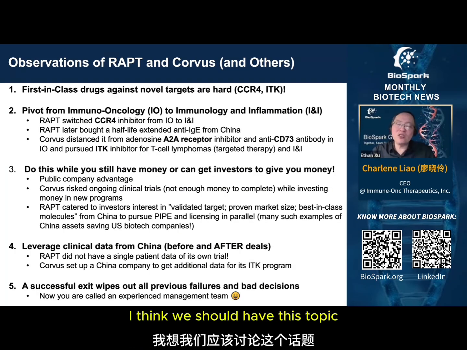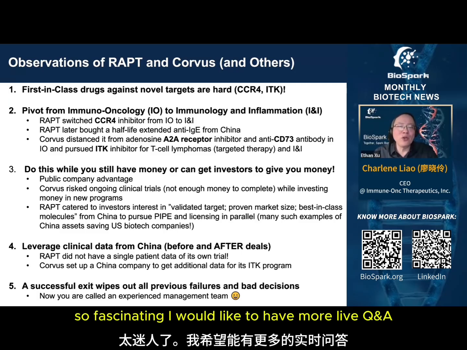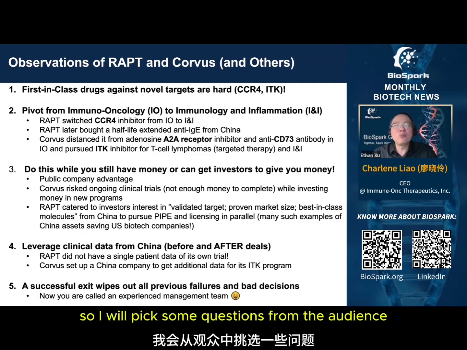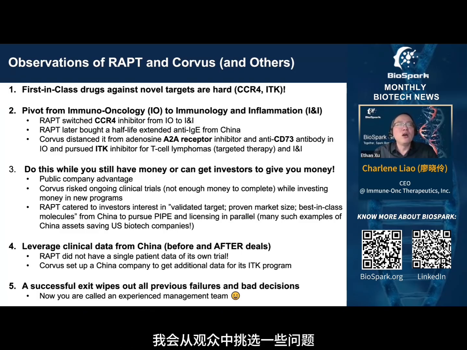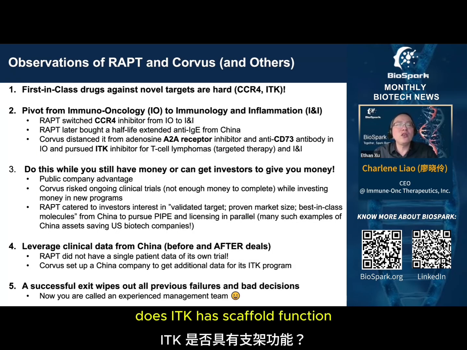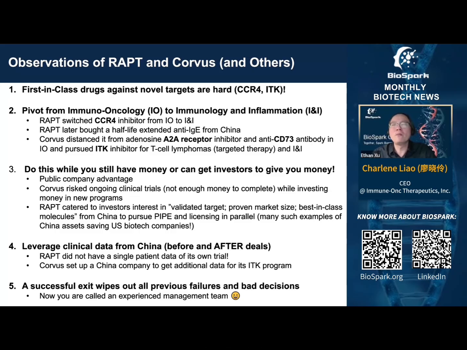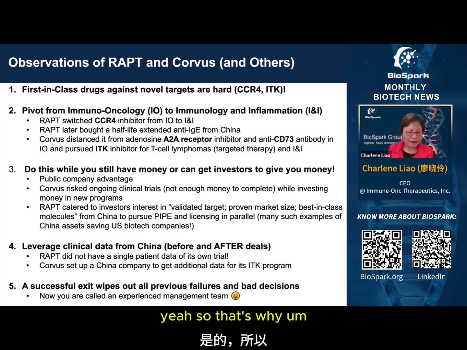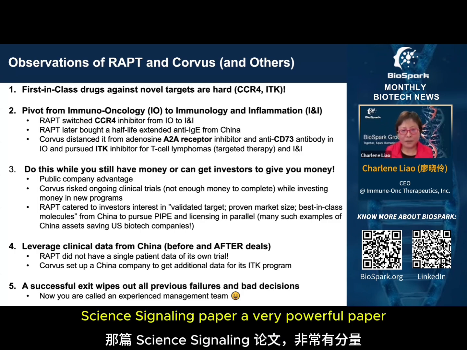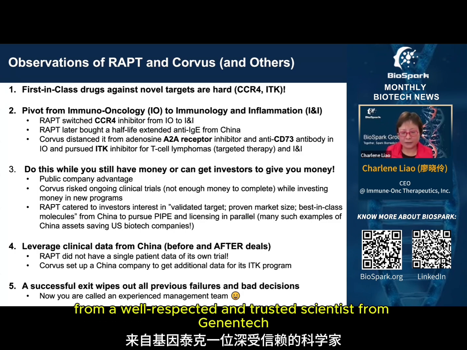Yeah, that's great. I think this topic is so fascinating, I would like to have more live Q&A. So I will pick some questions from the audience. One question is, does ITK have scaffold function? Some papers seem to say that. Do you agree? Yeah, so that's the Science Signaling paper, a very powerful paper from a well-respected and